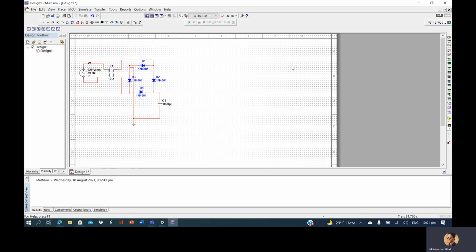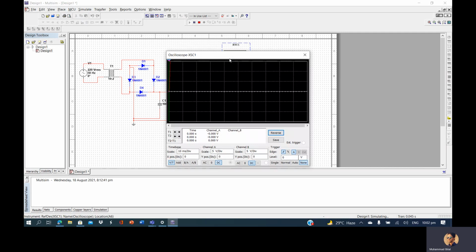Here is also an oscilloscope, so we can check our signal and what sort of output we are getting after connecting that capacitor and bridge rectifier, whether we are getting AC or DC. We were getting 37 volt, and in this oscilloscope each block along the y-axis represents 5 volt.